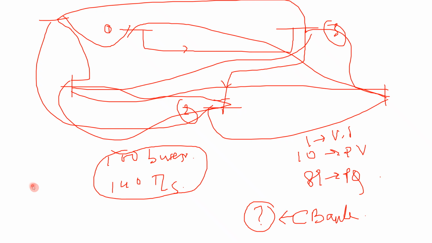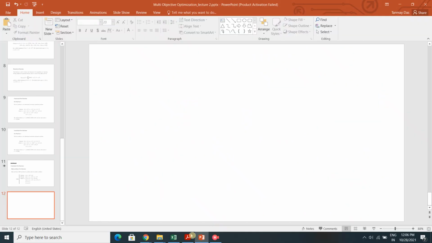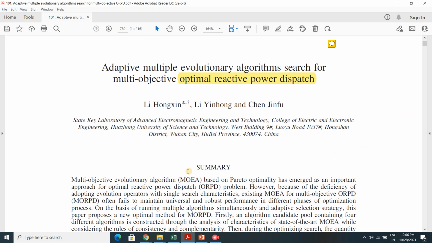Then generally minor problems do arise, but the major problem should not arise. For that you have been employed by the company. That means out of 89 buses, you have to know which buses require a capacitor bank for reactive power compensation. Okay, now that is the problem.